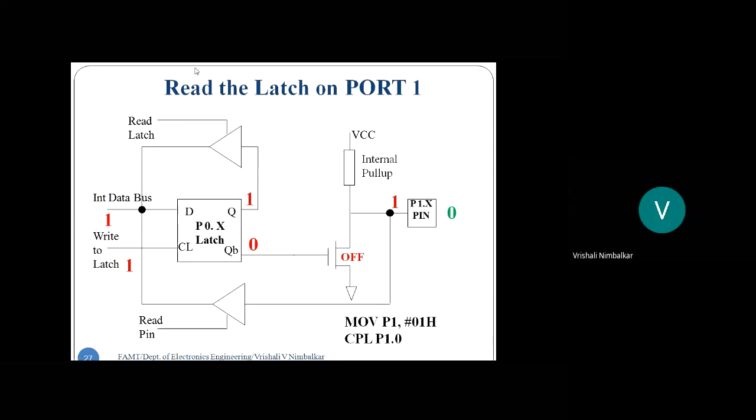Due to this instruction, the microcontroller will activate the upper buffer. It will activate the read latch control signal. And this read latch, see, it is the upper buffer, upper driver. And where is it connected to? The latch. So what is there at the latch? Logic 1. So the latch data gets transferred through the upper buffer onto the data bus. So what appears on the data bus? Logic 1. Whereas what is at the pin? The pin is logic 0. So if we thought of complementing the pin, that is not happening.